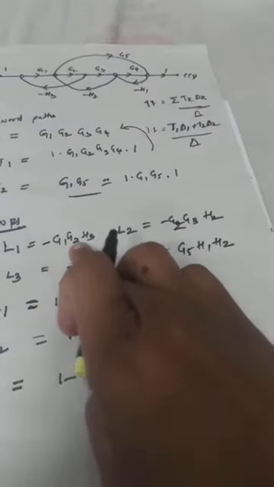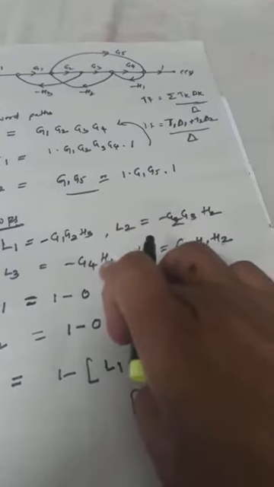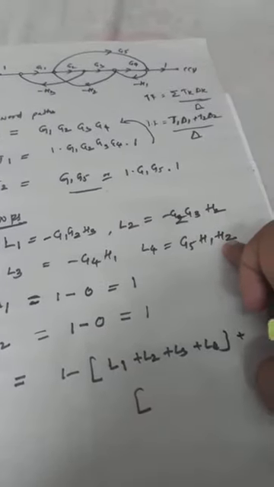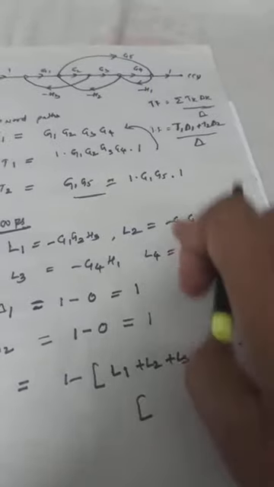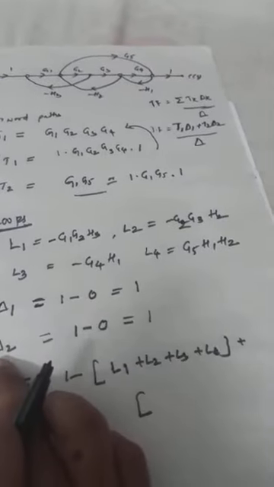Okay, G1 G2 is common here, that means it is touching, this is also touching, this is also touching, this is also touching. That means we are not getting any loop which is not touching the first forward path. That's why I will consider 0. Delta 1 is 1 minus 0, which equals 1. Similarly, delta 2 is equals to